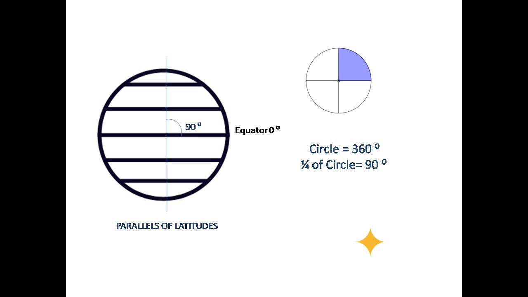Also, all parallels which are north of the equator are said to be north latitude, and parallels which are south of the equator are said to be south latitude. And these latitude lines are indicated by the letters N and S. For example, we have Chandrapur in Maharashtra, India, and Belo Horizonte in Brazil, and both of them are located at 20-degree latitude. But Chandrapur is 20 degrees north of the equator and Belo Horizonte is south of the equator. Therefore, we denote Chandrapur as 20 degree north latitude and Belo Horizonte as 20 degree south latitude. Also, please note, as we move away from the equator, the size of latitudes gets decreased.